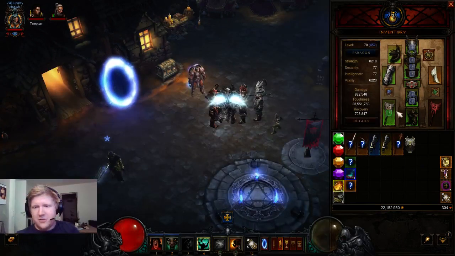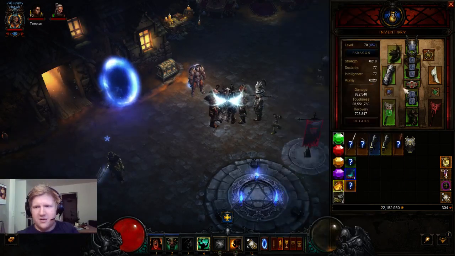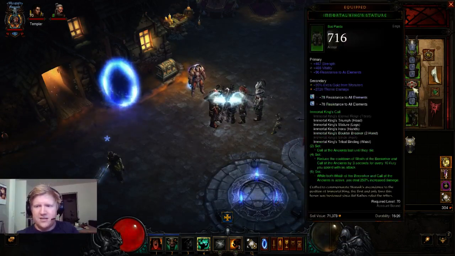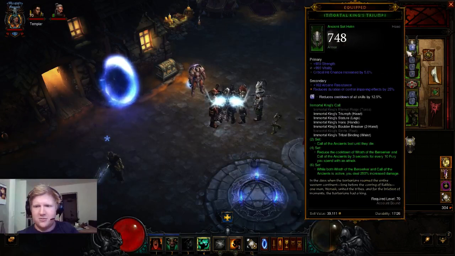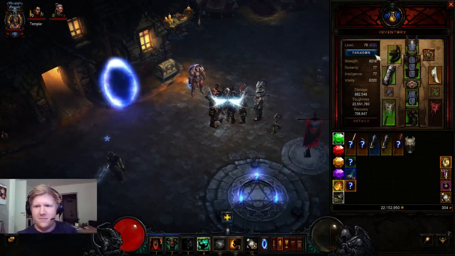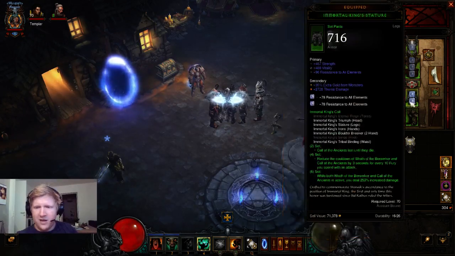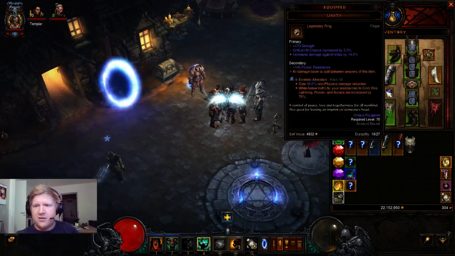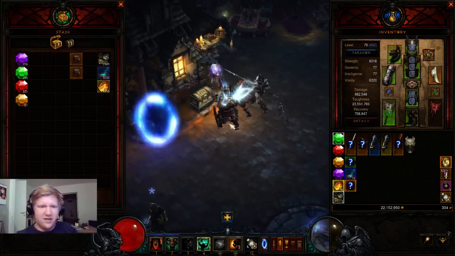Alright, the items I'm using are the Boulder Breaker and the Immortal King's Tribal Binding. These two items are mandatory for the Immortal King set. For the rest, you need 3 items of Raycore, and you need 2 additional items of the Immortal King to make sure you get the 6-piece bonus from the Immortal King and the 4-piece bonus from the Raycore. The rings I'm using are the Unity for the solo rifts, but you can definitely use, I'll show you,